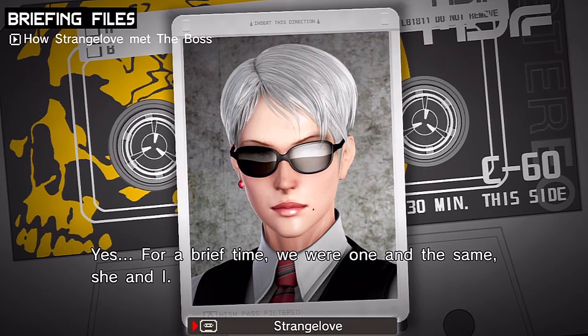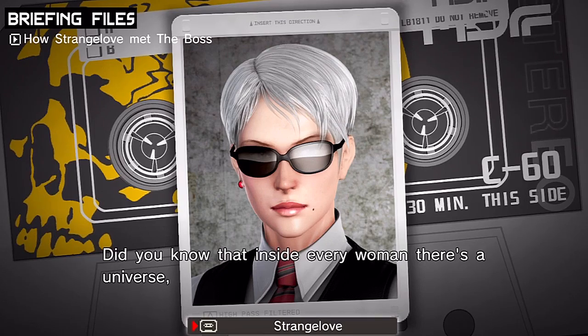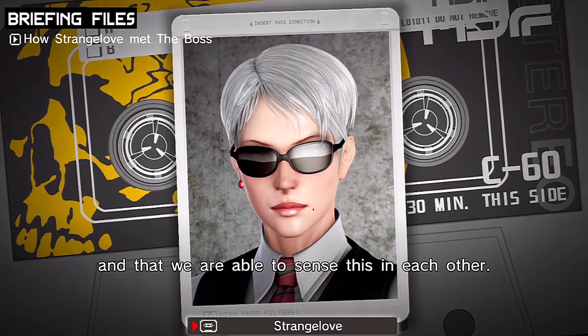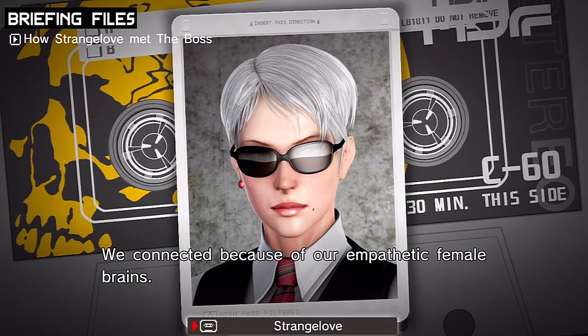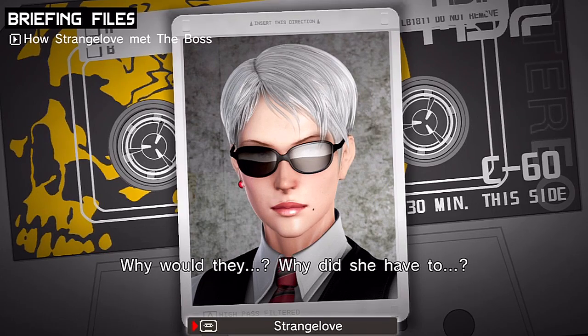We were one and the same, she and I. We sought each other out, completed each other. Did you know that inside every woman there's a universe? And that we are able to sense this in each other? We connected because of our empathetic female brains. As time went on, I began to have doubts about offering such a noble soul as sacrifice. Why did she have to...